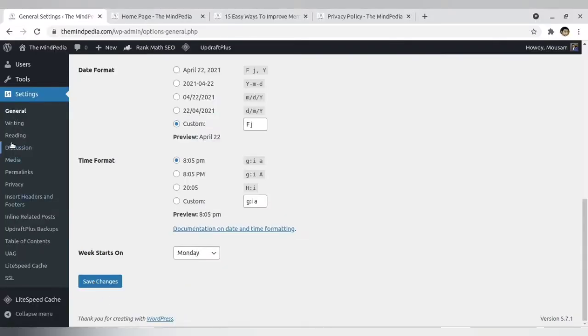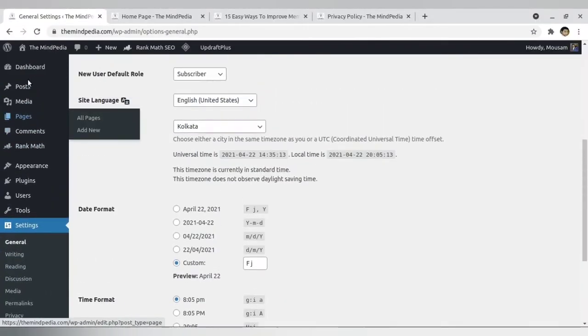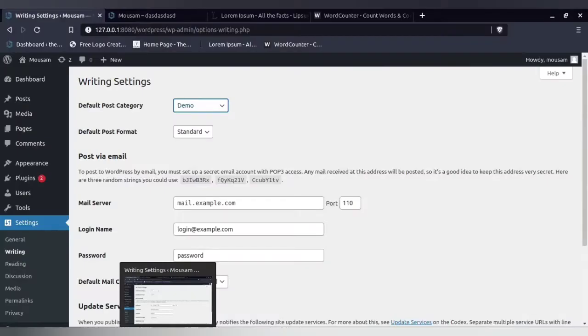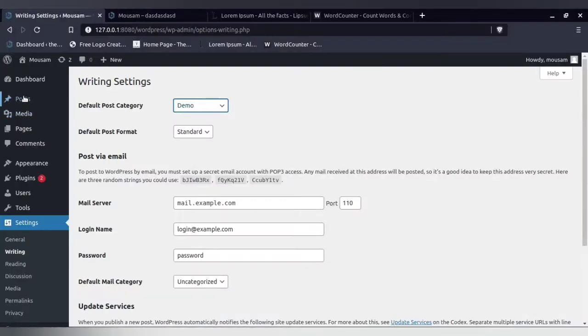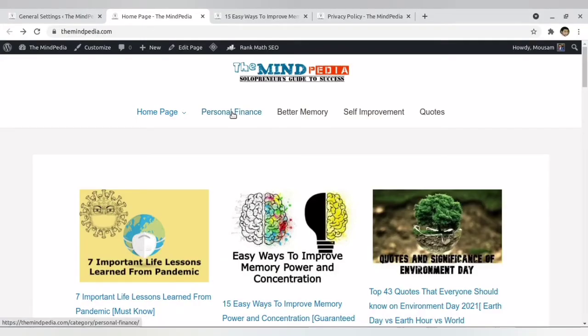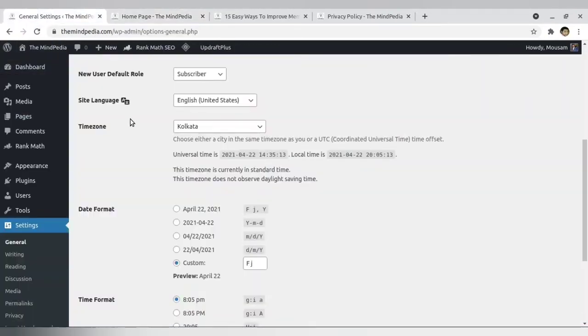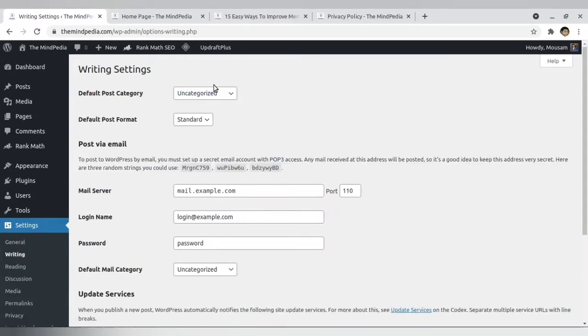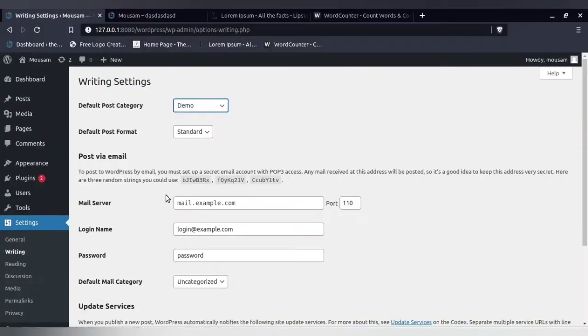See, I have a few categories already mentioned. So what should be the default category which I want it to present? Now these things help you while writing. They minimize your time. Suppose I want to write 50 articles on personal finance, then I will be selecting personal finance and saving it. So next time whenever I want to write a blog post, this personal finance category will be auto selected. In that case it will save my time. So this is something which you can do in order to save your time.